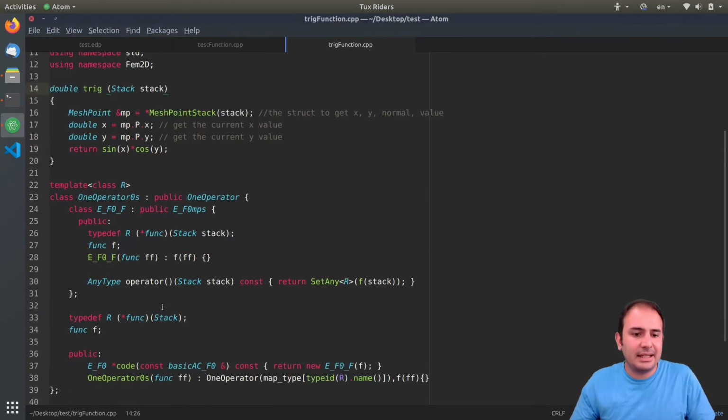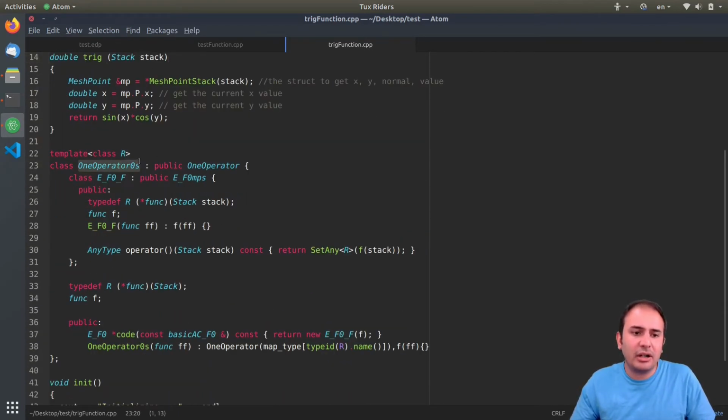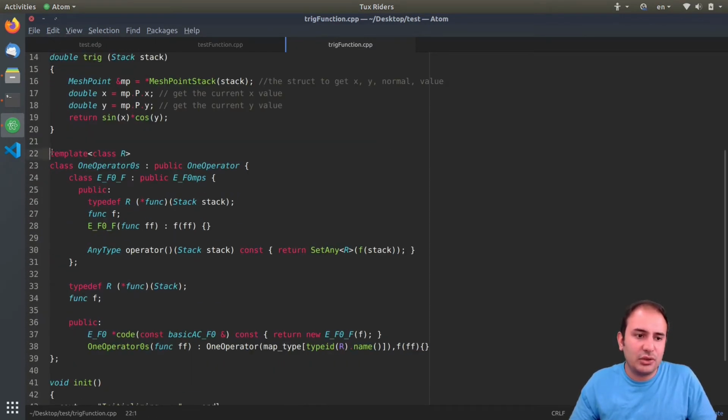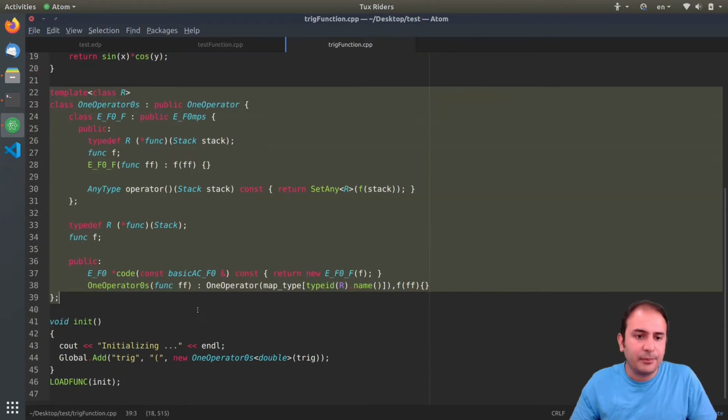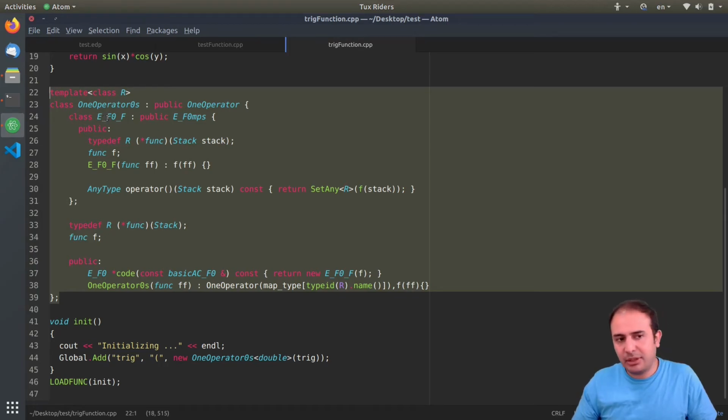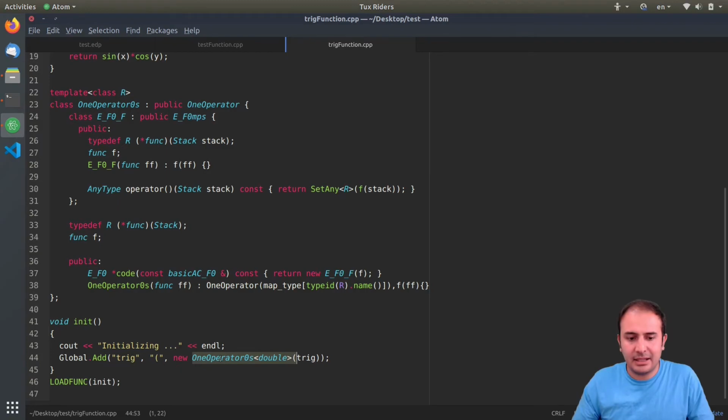here, and that's actually the fact that 0 argument is not defined in a function. So for doing that, you need to put a code like this, which is available in FreeFEM examples, but you can also find this in the GitHub with the link in the description below. So I need to define this class with a template that I can put it here, like class one operator 0s, and then with just double as a return type. And this is the name of the function, and this is the function name that it can be read inside